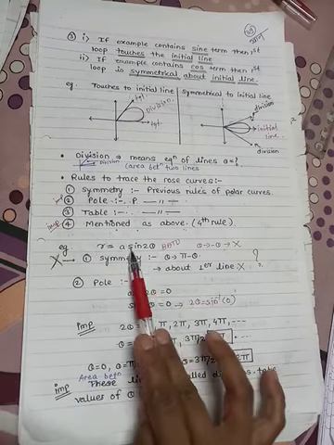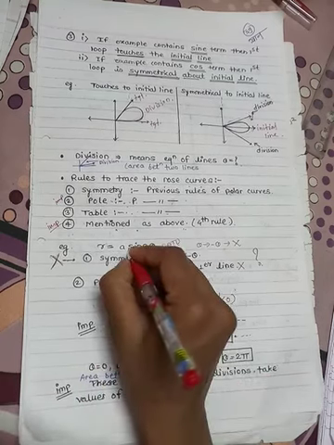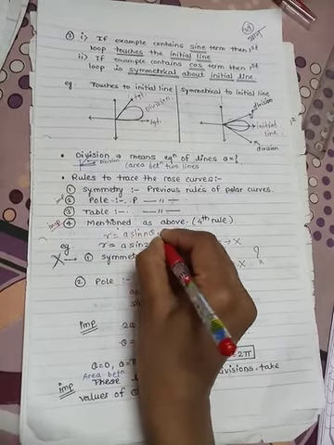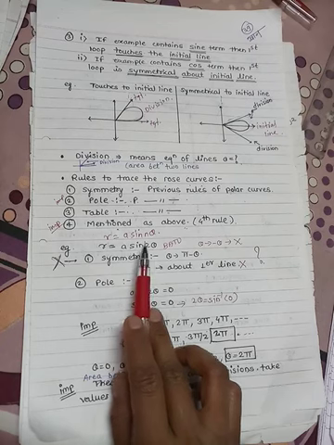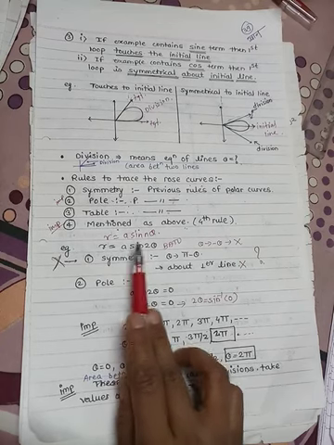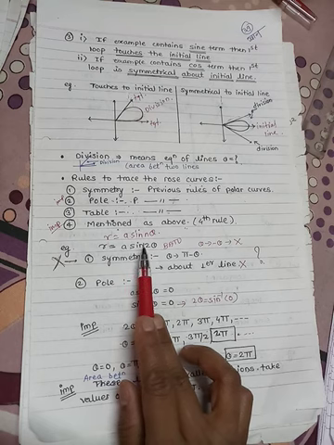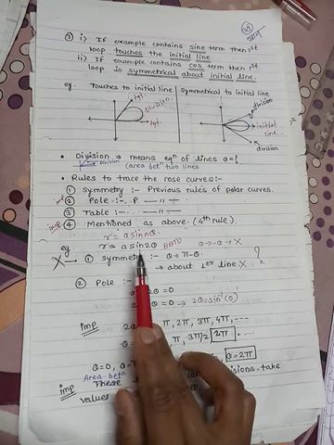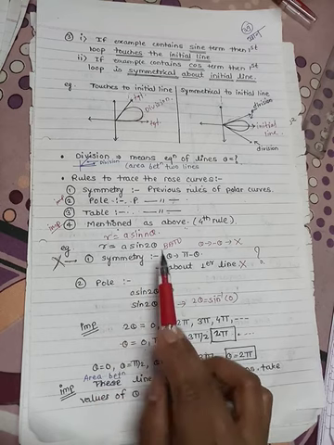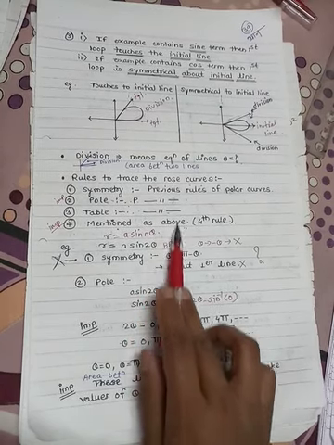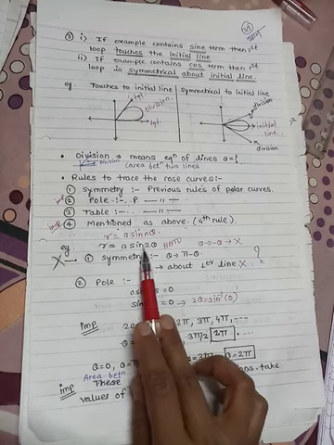Trace the curve r equals a sin 2 theta. This example is the same as r equals a sin n theta. By comparing the given example with r equals a sin n theta or r equals a cos n theta, you can see whether the given curve is a Rose curve or not. So this is a Rose curve. So use the Rose curve conditions only to trace this curve.